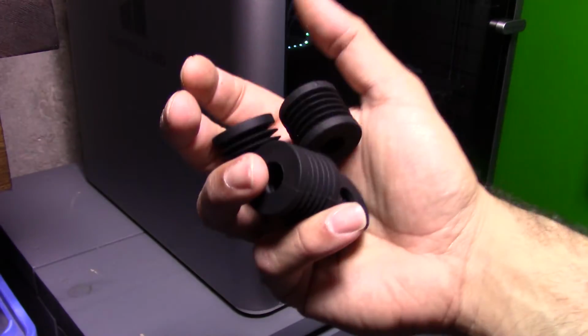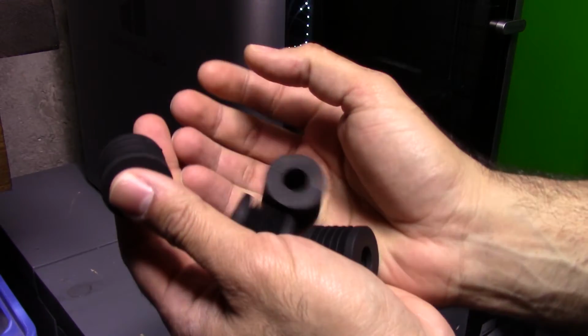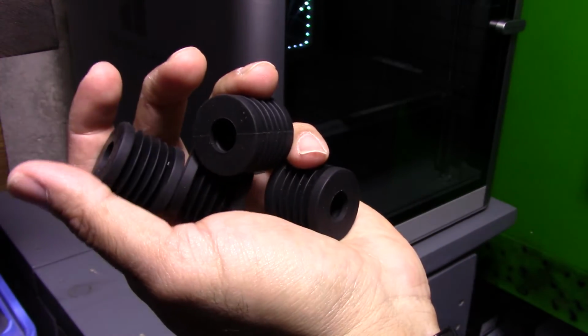So the anti-vibration feet basically go underneath the Bambu X1C. The same applies for the Bambu P1P, and as the name states, it's gonna stop the vibration on the Bambu, therefore enhancing your prints and reducing vibration. These work wonders. So you get a pack of 8 of these, so if you have 2 printers, you get